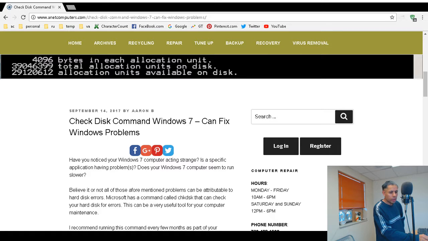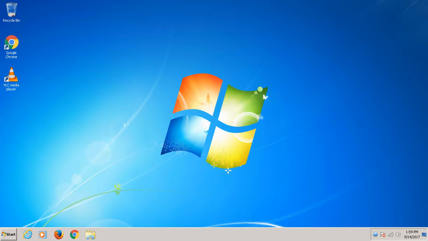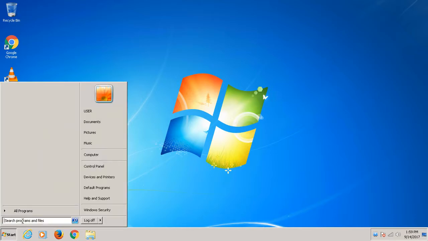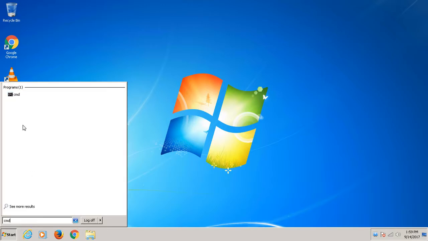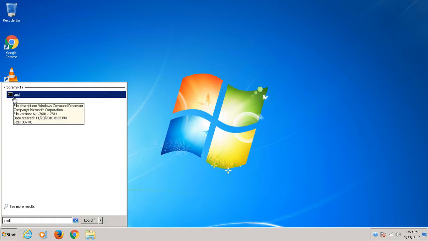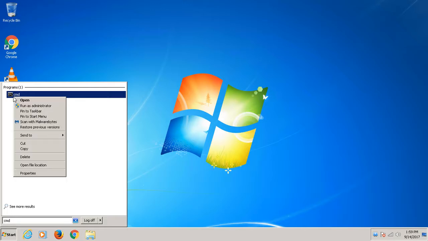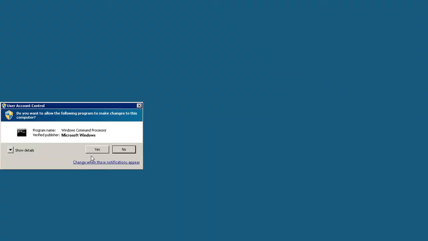As I look, there it is. Here's Windows 7. So hit the start button. In the search programs and files, type in CMD for command prompt. Then as you notice up here under programs, there's a little icon. Right click it, select run as administrator, say yes,